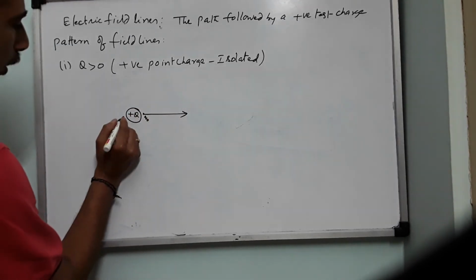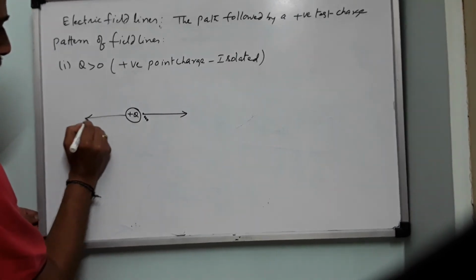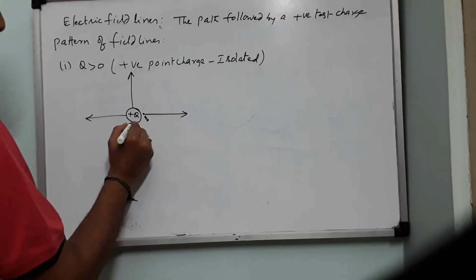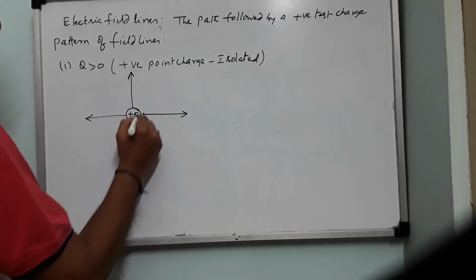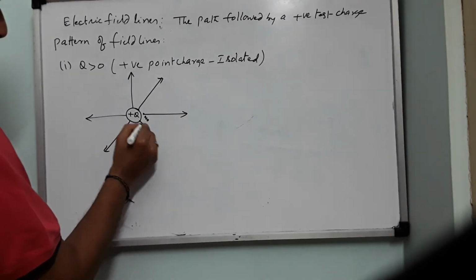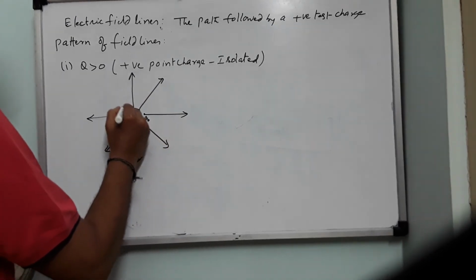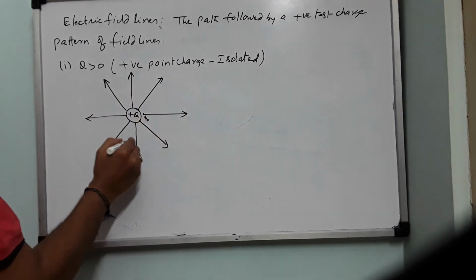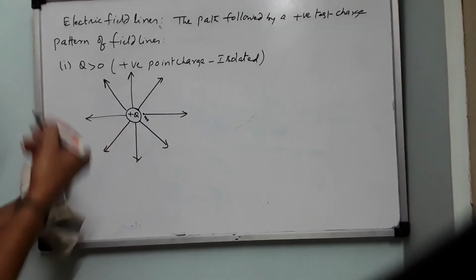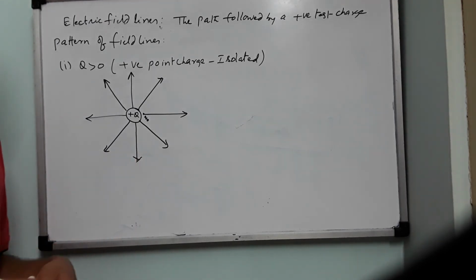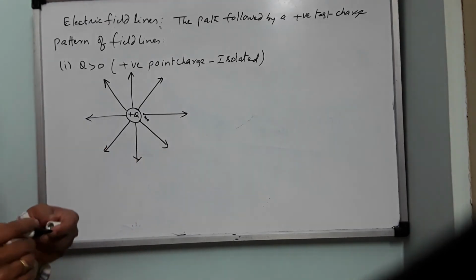The same charge, if I keep it on this side, it will go like this, and here it will go like this. If I keep this Q naught over here, it will come downwards. So I can draw on both sides like this. How many did I draw? 1, 2, 3, 4, 5, 6, 7, 8. Only 8 lines? No, 16 can be there. Only 16? No, 32 can be there. Only 32? 64. So an infinite number will be there.